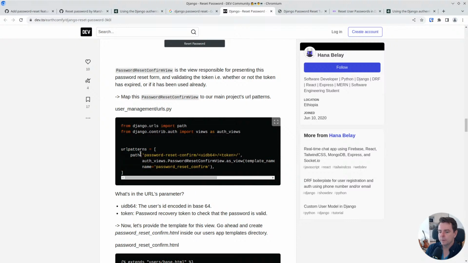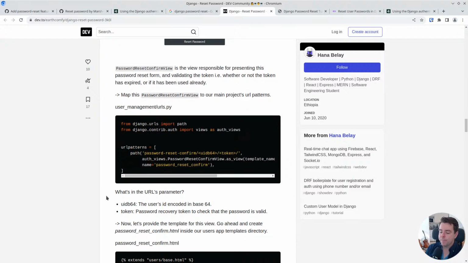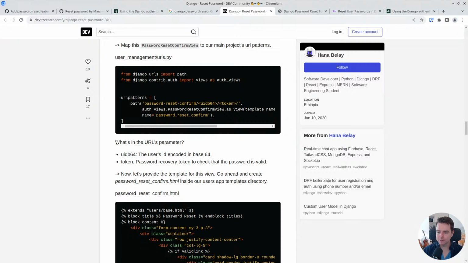So here we go. Using the same password here for the confirmation view. Yeah, don't need much more than to specify the template name as an argument. Yeah, what is this? What is this URL? This is good. User ID is encoded in base 64. Okay. So user IDs, I think by default are